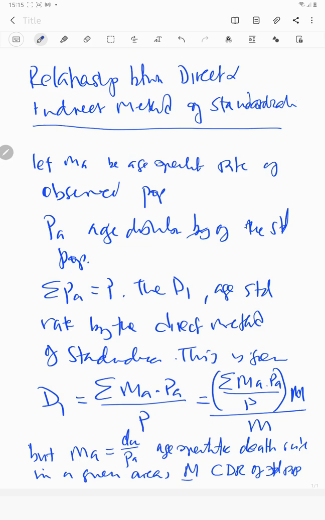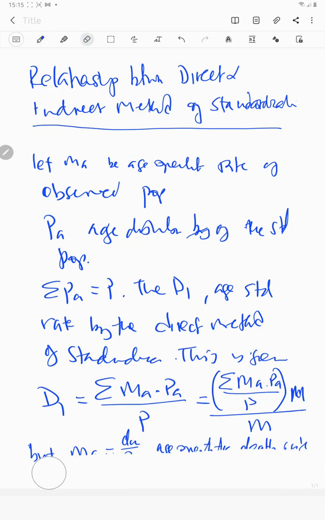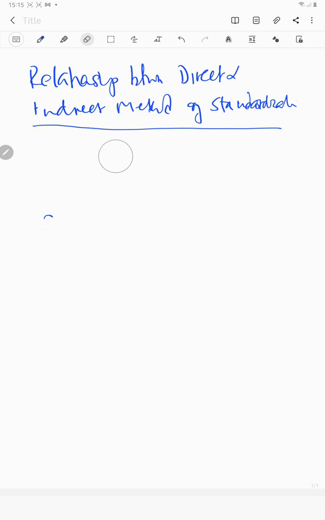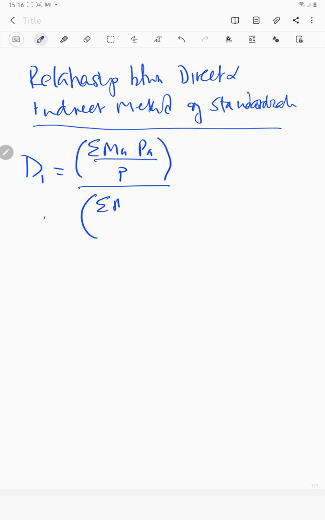So having these particular values, we can now specify some relationship, where D1 is equal to bracket summation of MA times PA over P, and divided by bracket summation of MA minus PA over P, again over P, and then multiplied by M,